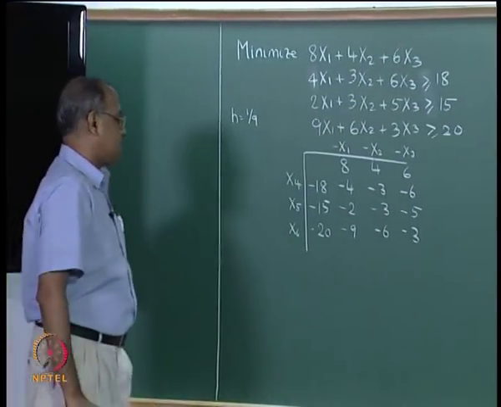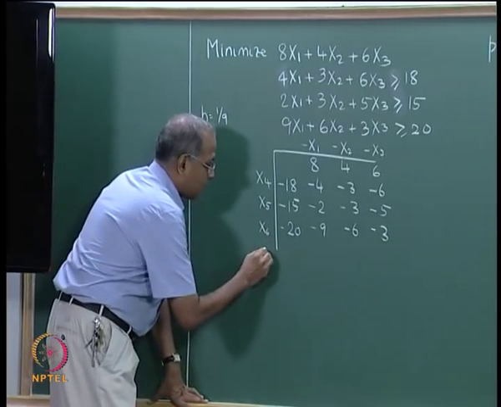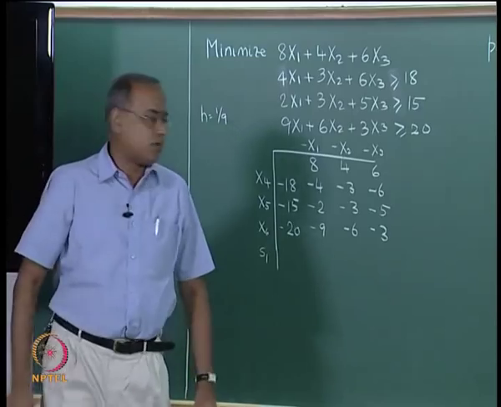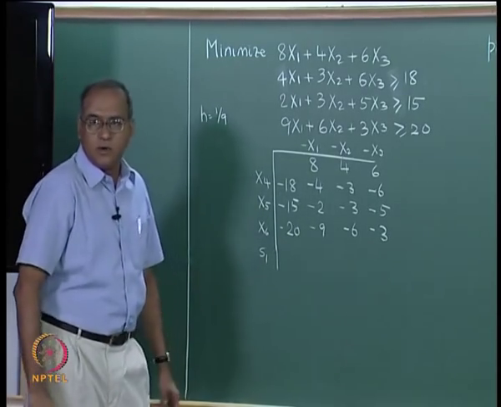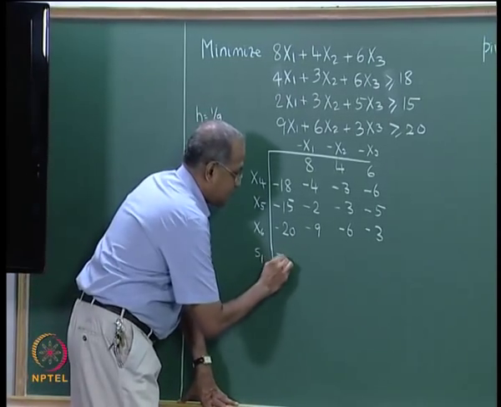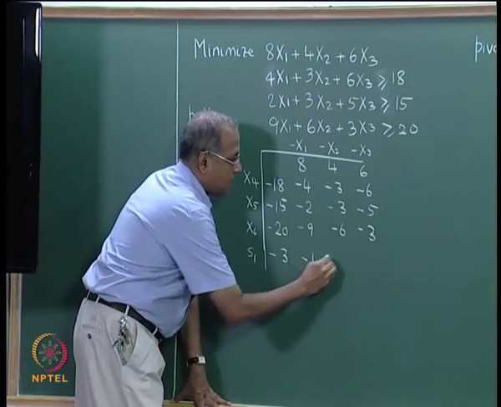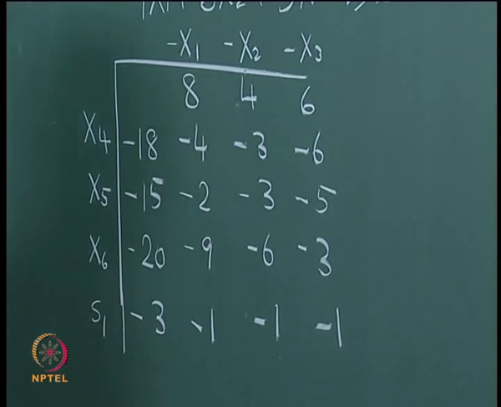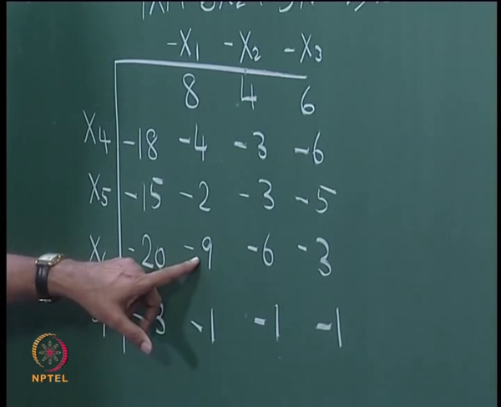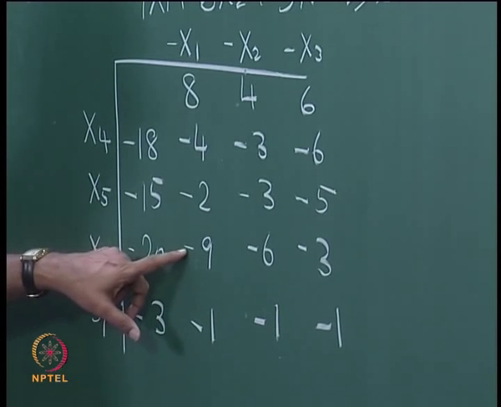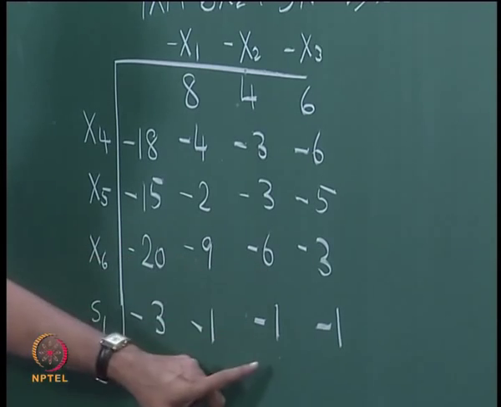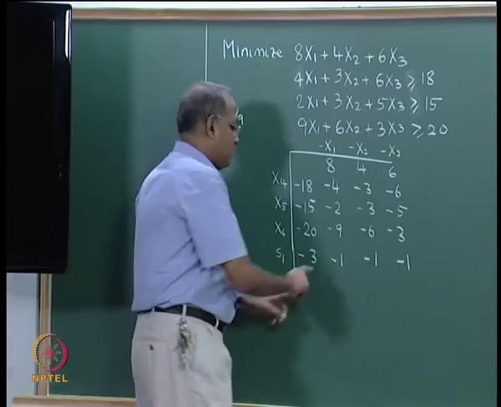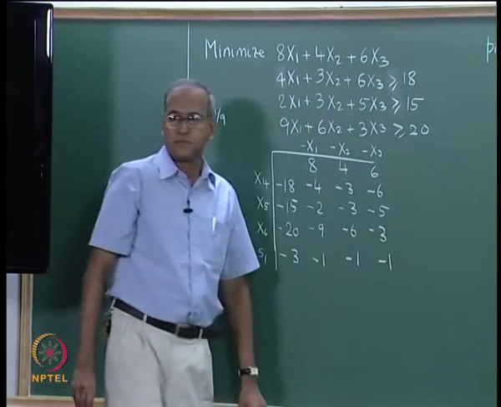So, when we have h equal to 1 by 9, our cut will become, a slack variable S1 will be introduced. Minus 20 by 9, lower integer value will be minus 3, minus 1, minus 1 and minus 1, because 9 into 1 by 9, lower integer value, there is a minus sign. So, this becomes minus 1, 6 by 9 is minus 1, 3 by 9 is also minus 1. So, we can actually pivot on any one of these.